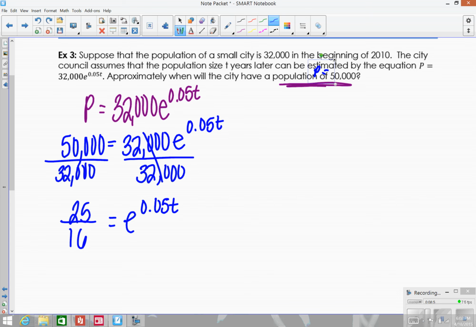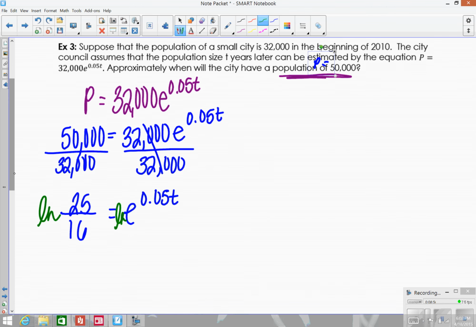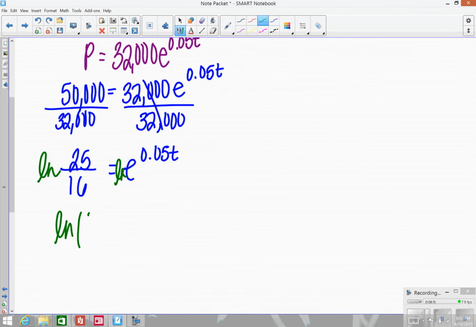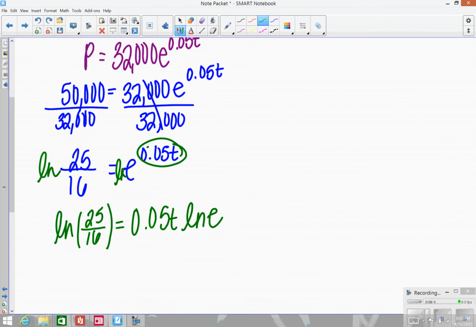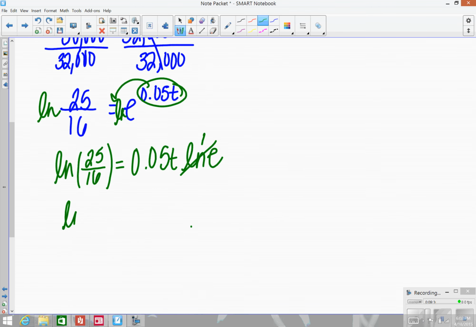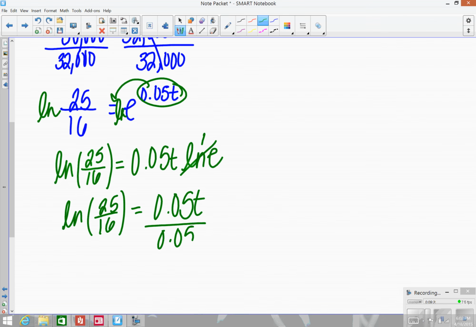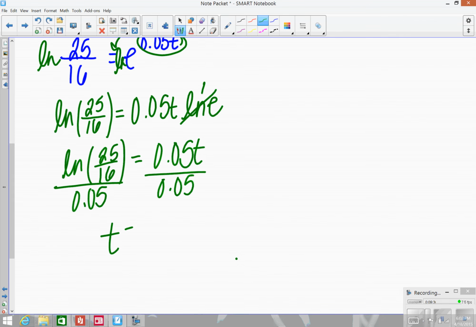0.05t. Again, we have an E, so that means ln of both sides instead of log. So ln of 25 over 16 equals, bring this out in front, 0.05t of ln of E. So remember, this comes out in front. That goes to 1, ln of E. So now we have ln 25 over 16 equals 0.05t. Divide both sides by 0.05 to get t by itself. So you would just put this into a calculator. For t, we get about